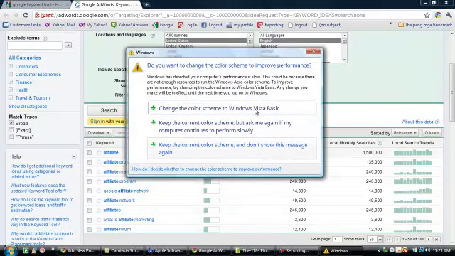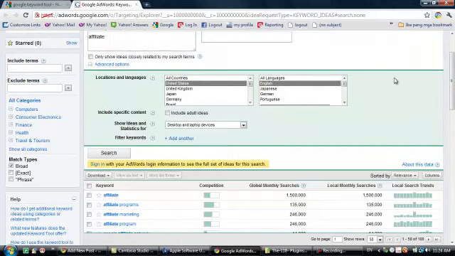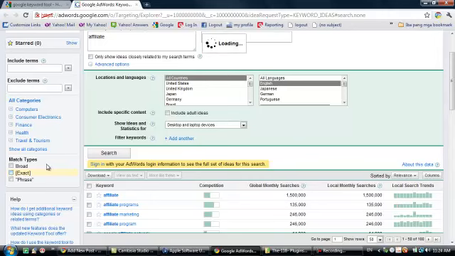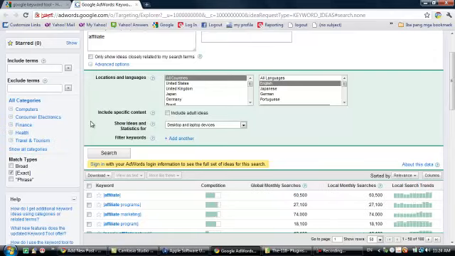I think it has not refreshed its results. Wait. Okay, let's just specify all countries here, and we will try it with another search keyword. So at the left part you have match types. In order for you to have a more accurate result, you can unclick broad and click exact. If you click exact, it would refresh the result here.